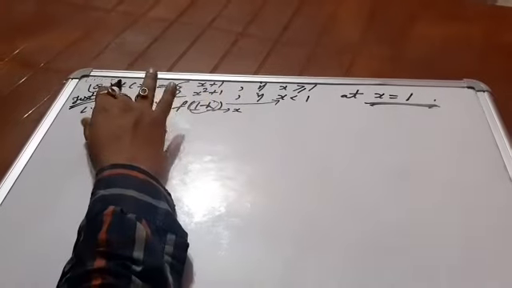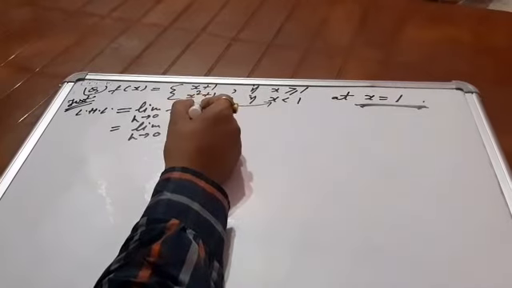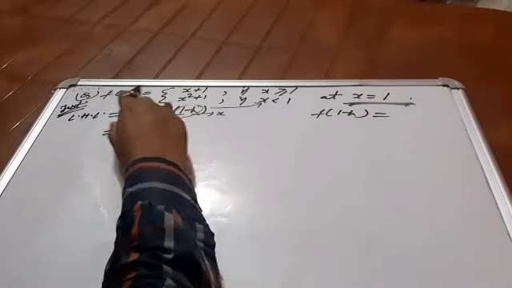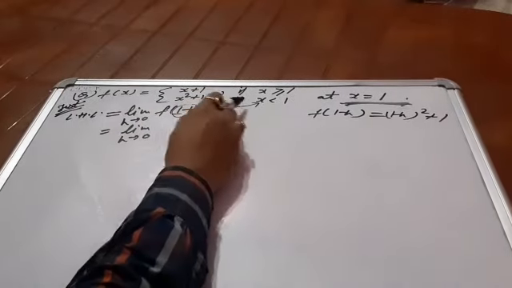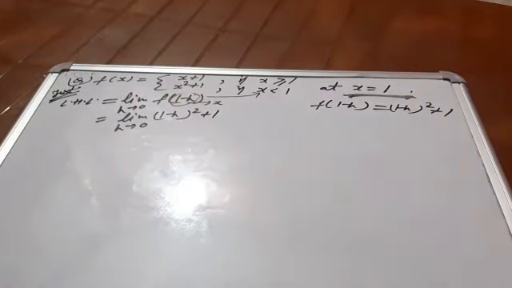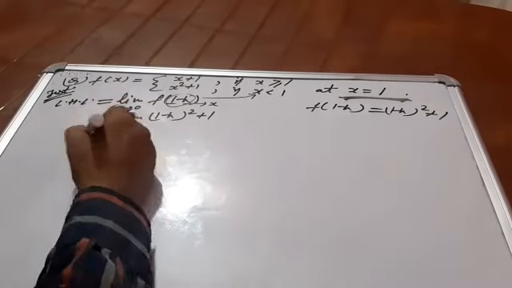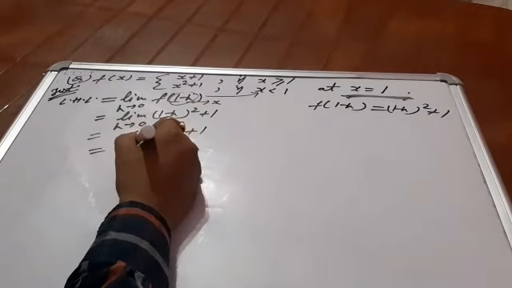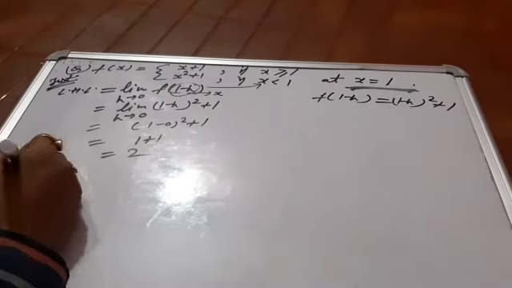So in that case the value of f(x) is simply x square plus 1. So f of 1 minus h will give you how much? 1 minus h square plus 1. Okay, for this condition it is 1 minus h square plus 1. Now no indeterminate form is there, no denominator is there, directly use the limit. Then it is 1 minus 0 square plus 1. Then it is 1 plus 1. Now